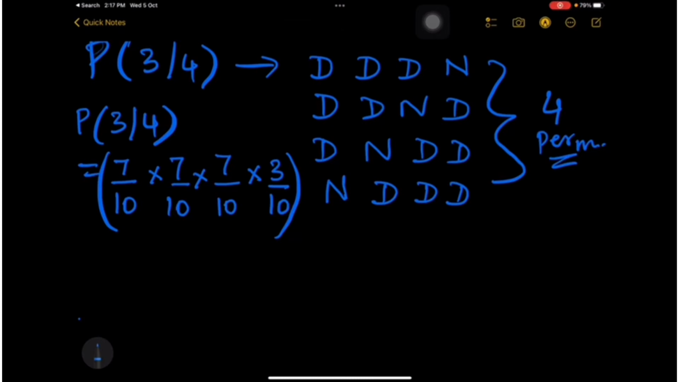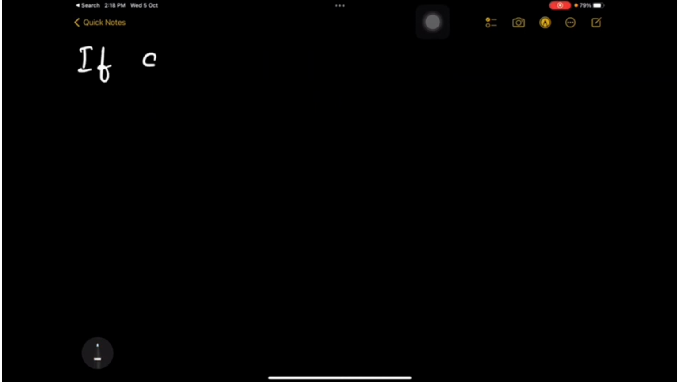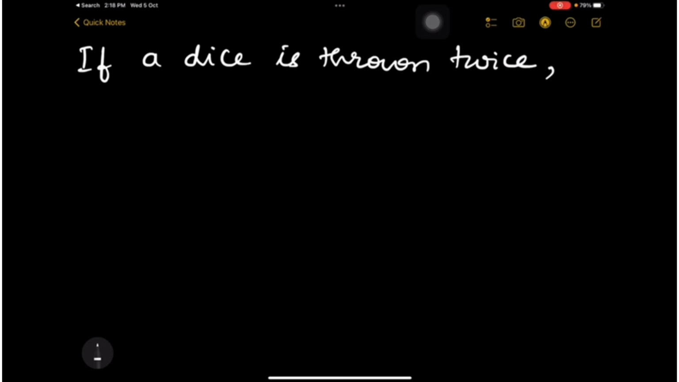This should be multiplied by 4 because there are 4 permutations. So I get the answer. Now another example: if a dice is thrown twice and first number appearing on the die is 3, that